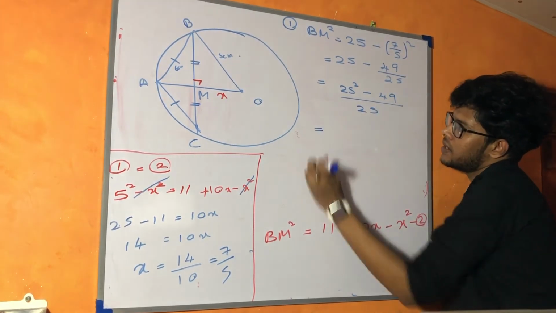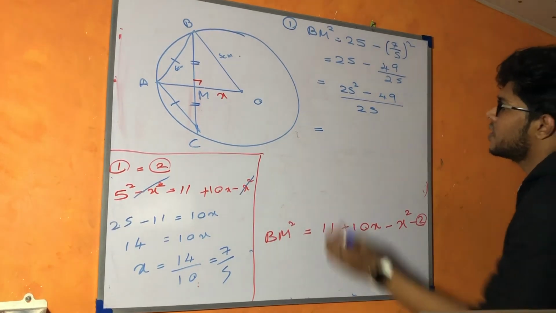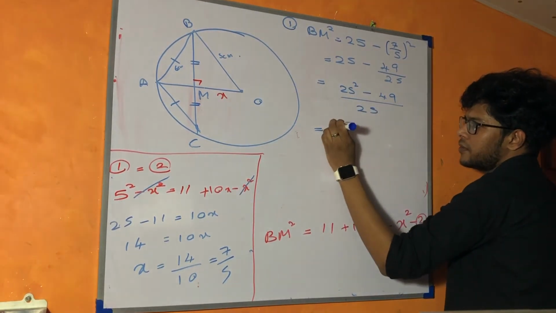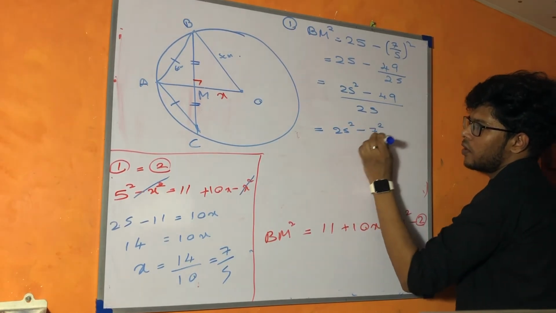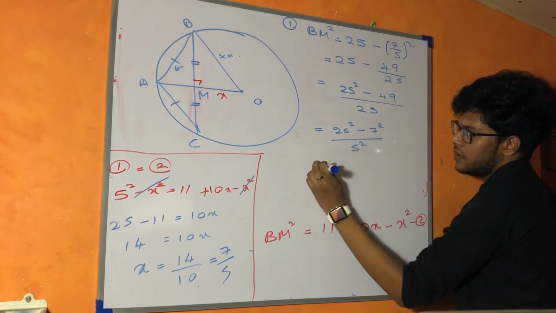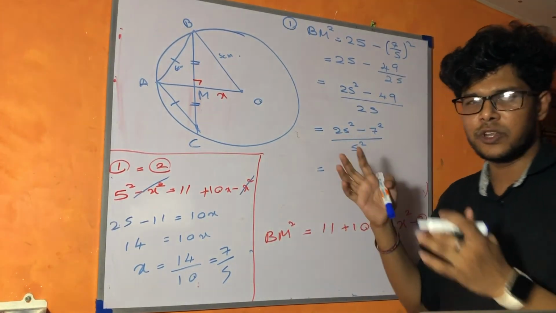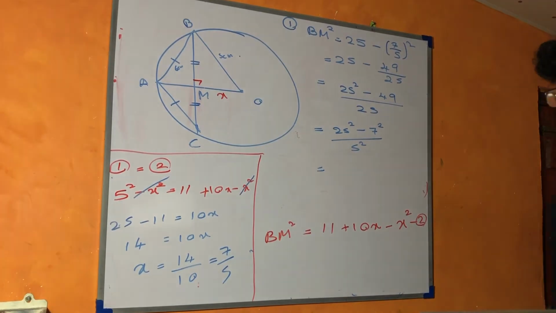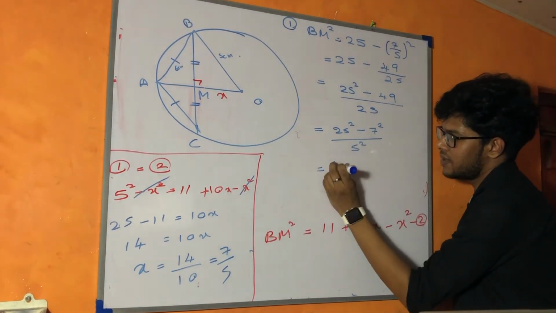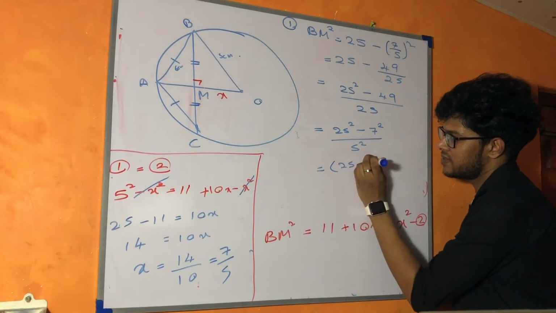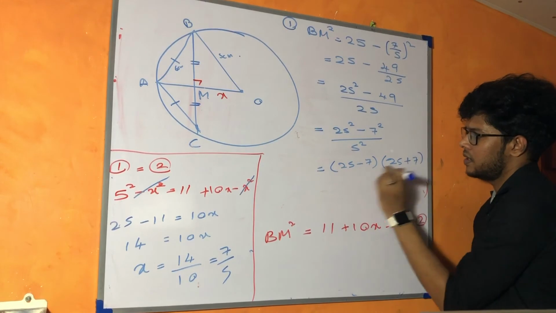So this one I can write 25 squared minus 7 squared over 5 squared, right? Then you can see a difference of 2 squares, right? So you have learned the difference of 2 squares. So you can write this as 25 minus 7 into 25 plus 7 divided by